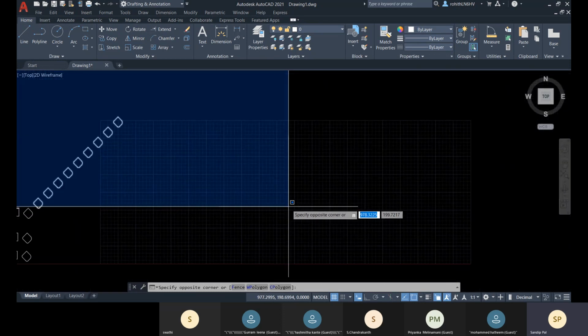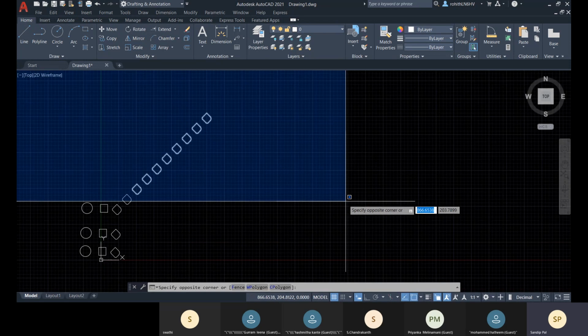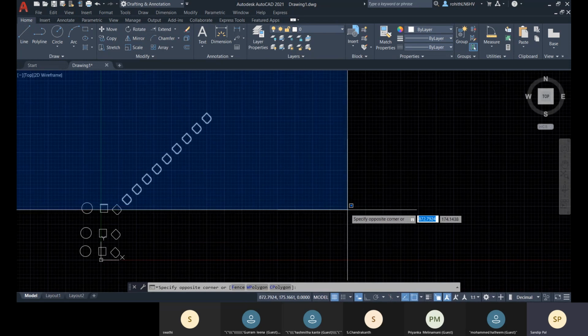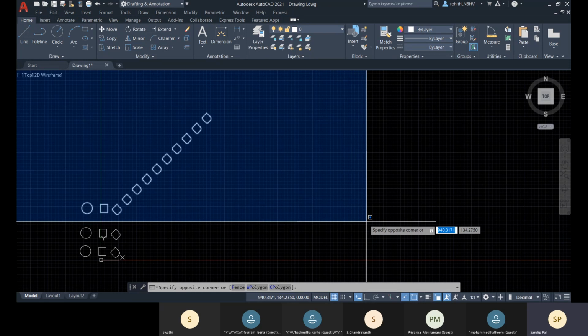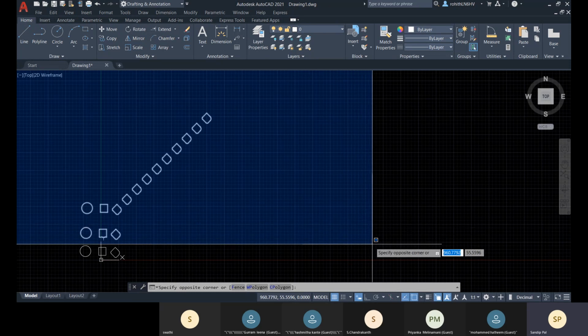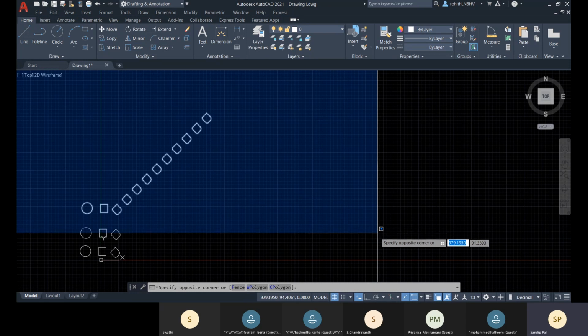You see that all the objects are selected and highlighted in bold. And if I select these objects, when they are covered within this window, they are selected also. But if I don't cover them within this window, they are not going to be selected.